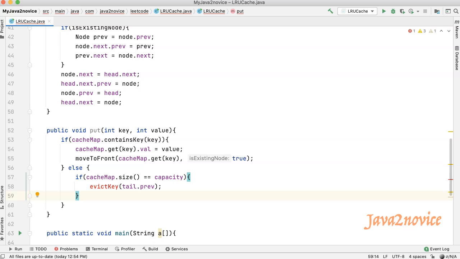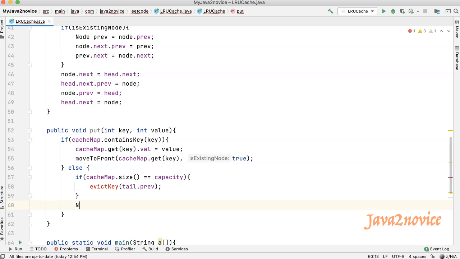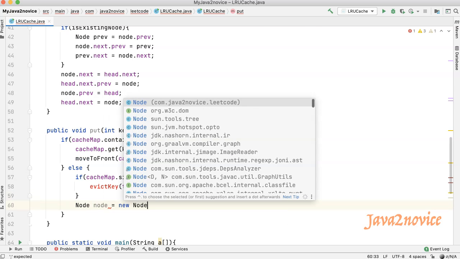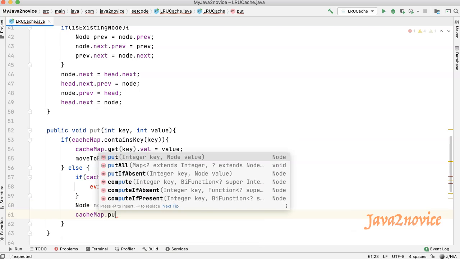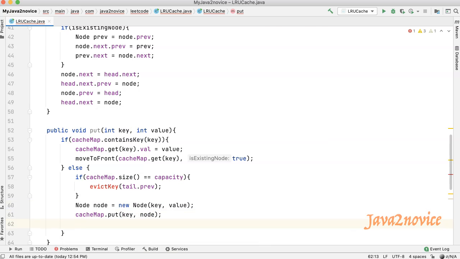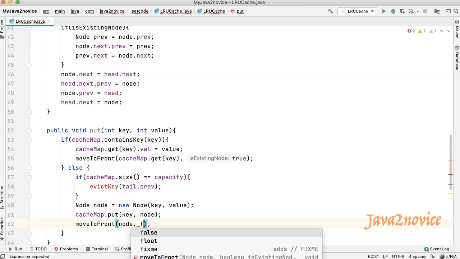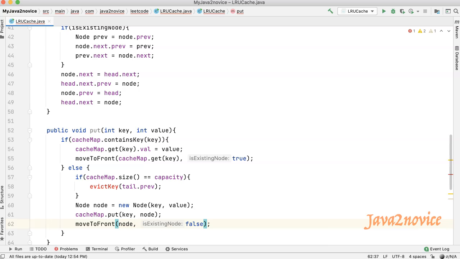If capacity is available, then create a node and add it to both the map and the linked list. We'll reuse the move to front function, and this is a new node, so I'm sending false.